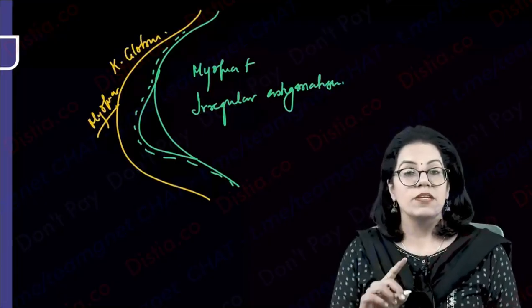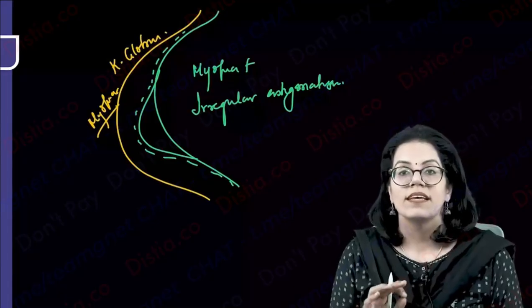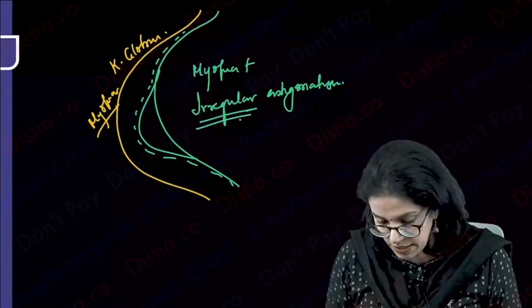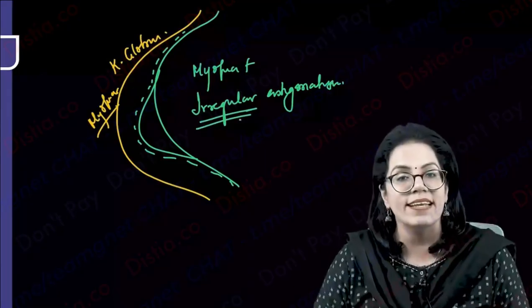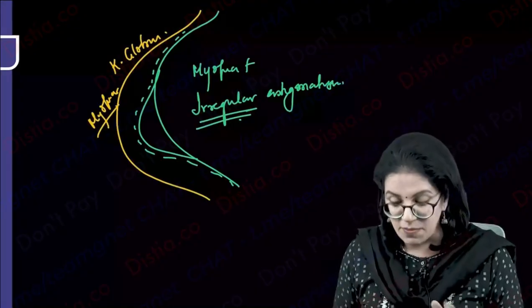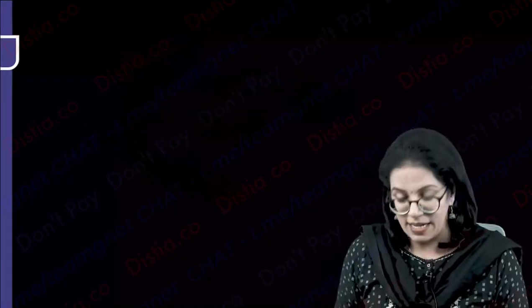Irregular word is very important. If you say only astigmatism, it's not correct. You have to say irregular astigmatism. Okay? So myopia with irregular astigmatism. Now, because of this problem, once you have understood that this is the main issue in the eye, what will